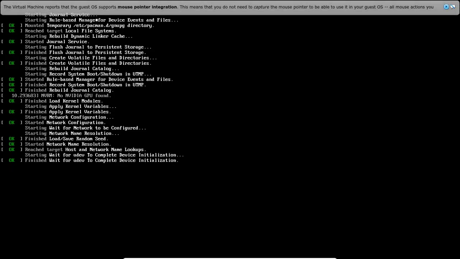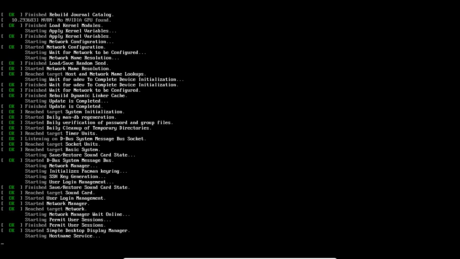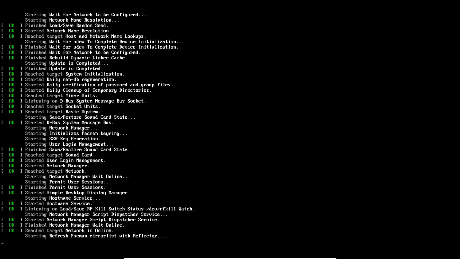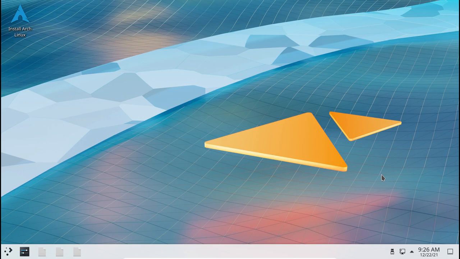And once this boots up, you will be booting into Plasma by default. So the prerequisite system wise is basically you need to have a power connection and also internet, because this is the net installer ISO. So you get Plasma with this, and then you get an option to choose other desktops, or you also get to choose your window managers and certain software. So this is how the booted up ISO looks like.